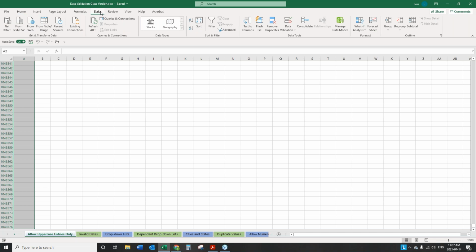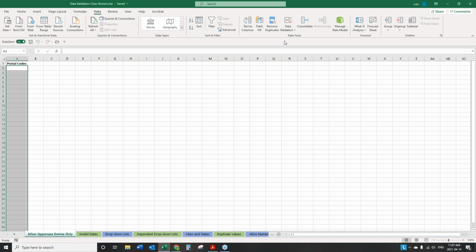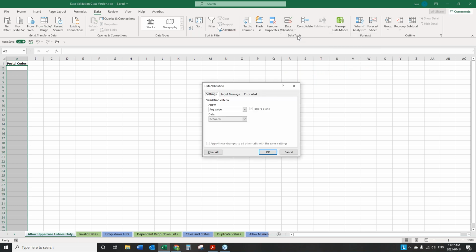And under the Data tab, you can see there's a Data Validation button, and it's split. The top half is just the icon, and the bottom half actually has a drop down. Now, I only want to access the data validation option initially, so I can just click the button and the dialog box will come up. If I accidentally click the bottom half, I could then choose data validation, but that's 2 clicks. So it's easier just to click the top half of the button, and you will then get taken to the